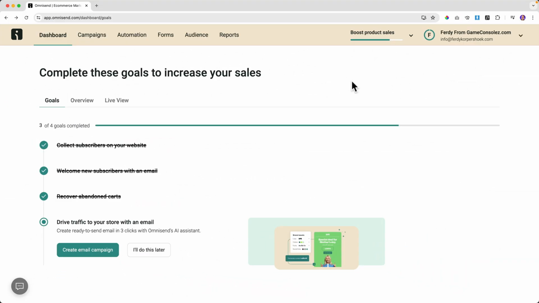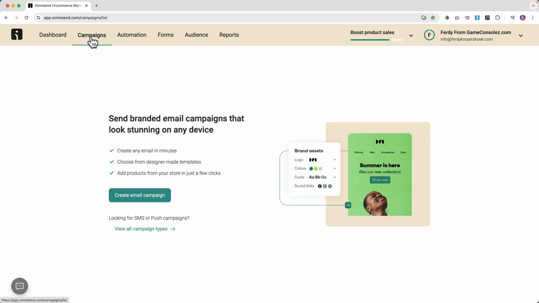So let me show you how to create campaigns. In order to send an email to your whole email list or to a specific group of your email list, we can go to campaigns. A campaign is basically sending an email to your whole email list or to a specific group, or sending text messages. So emails or text messages or push notifications, it can all be done over here at campaigns. I primarily use it for emails, but you can also use it for text messages and push notifications. So people get it over here in their browser when you have something to say.